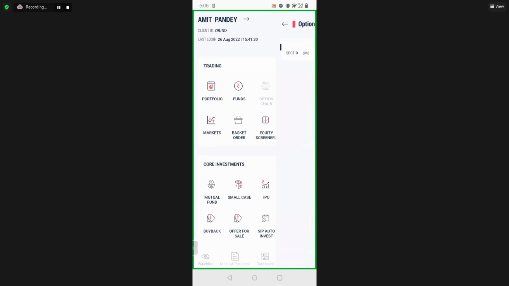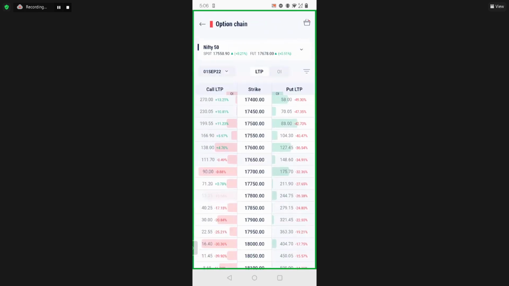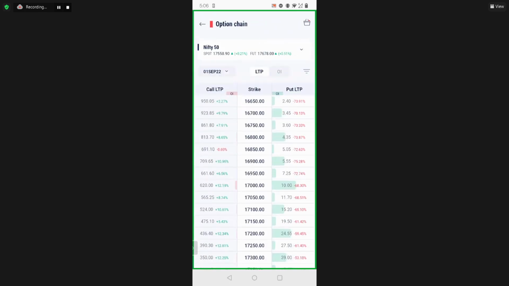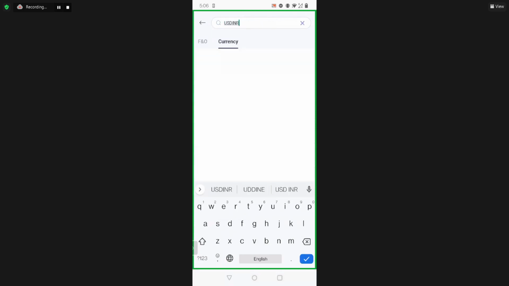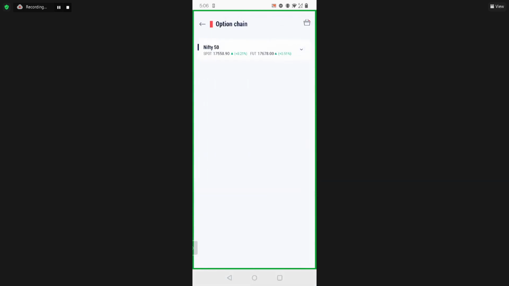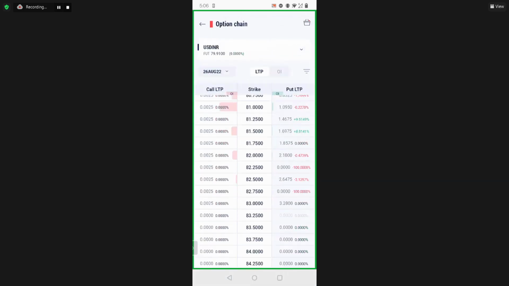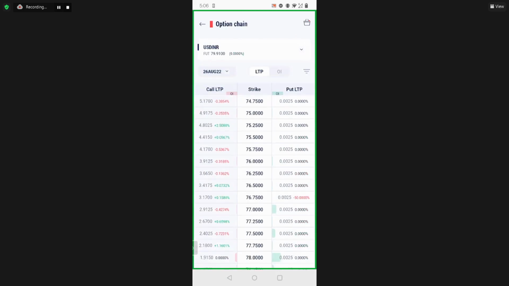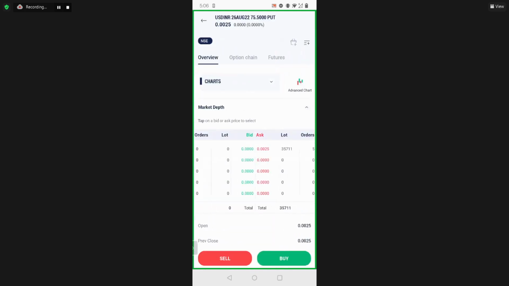After that, there is option chain. So yes, we have an option chain available. From this particular page, you can go to your baskets. You can click on this particular drop down, select any contract and come back, and that particular option chain will be seen. If you click on either of the strike price, either at the put or LTP, put or call, it opens up the details